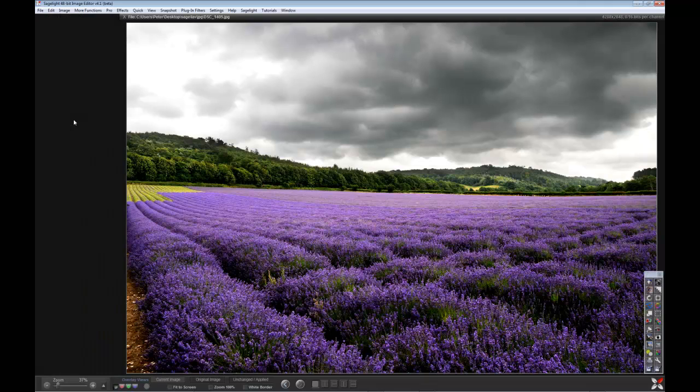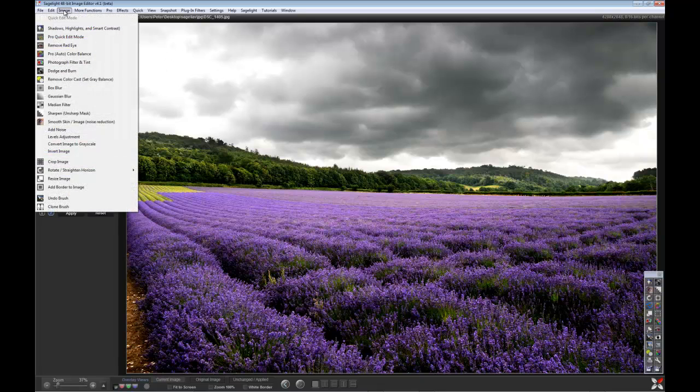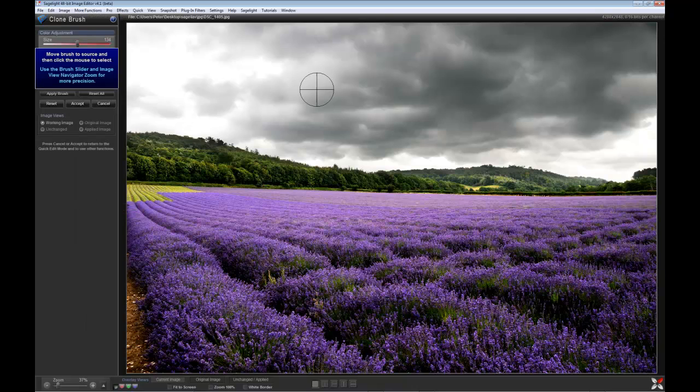We'll accept that first of all, so that brings us back to our starting menu, and what I want to do now is clone some of this cloud over to this area here. Again, in the image drop down menu, the very bottom brush is the clone brush, and you'll see it's a crosshair like the sight of a gun, and I can place it anywhere,